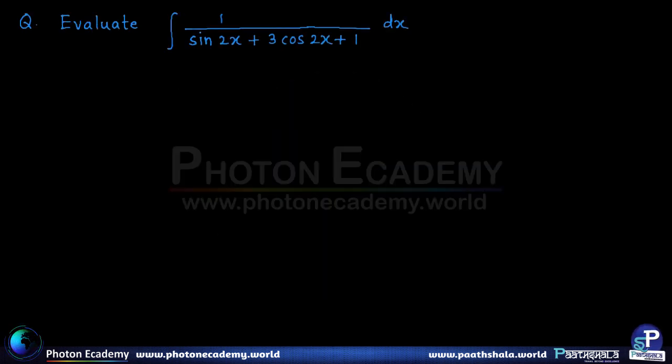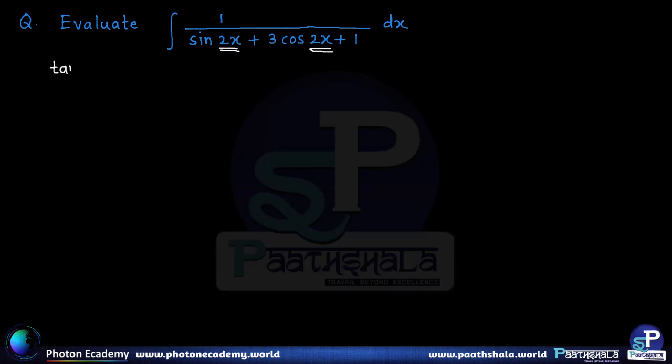Here we have to evaluate the integral of 1 upon sin 2x plus 3 cos 2x plus 1. As we know, the angle we observe is 2x, so we must substitute tan x with t. Now we already know what is to be substituted for sin 2x and cos 2x, so let's directly write the integral I as 1 upon